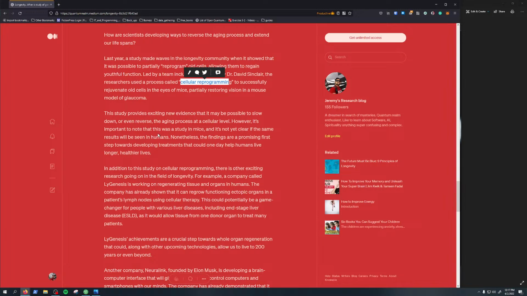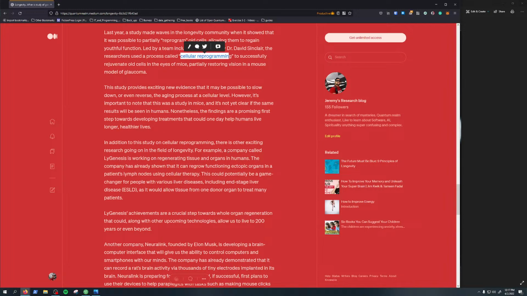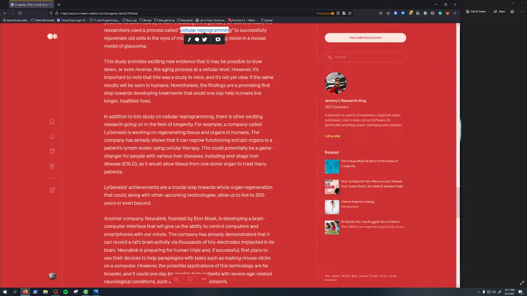However, it's important to note that the study in mice is not clear if the same results would be seen in humans. Nevertheless, the findings are a promising first step towards developing treatments that could one day help humans live longer, healthier lives, right? In addition to this study on cellular reprogramming, there is other exciting research going on in the field of